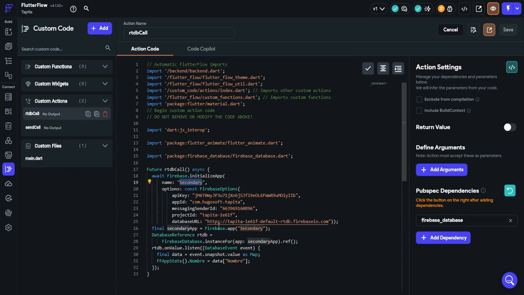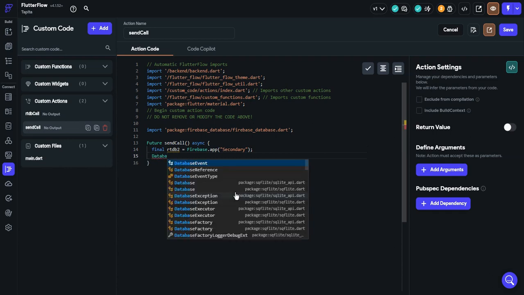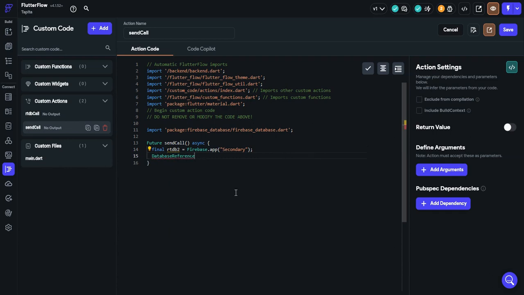So that will be my instance of the real-time database secondary. It's important to reference the same. Ready, here I'm going to take my database reference, which will be the element. I will call it RTDB ref, for example, to indicate that it is the reference. And here I'm going to generate my